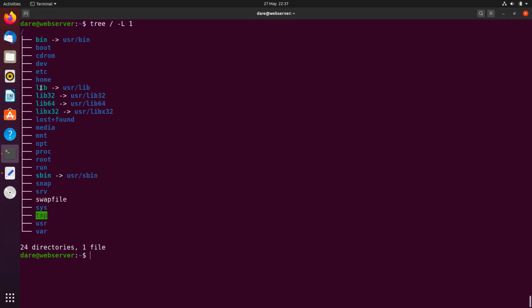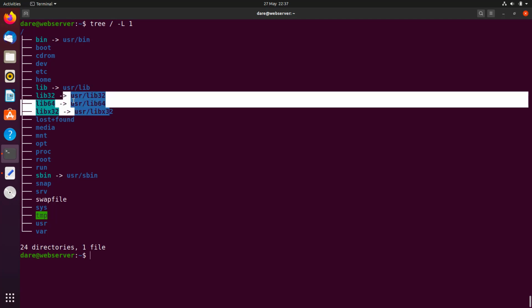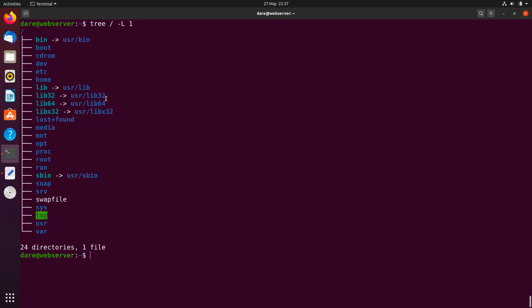As we can see here, it's been linked together, and these four are essentially the same depending on the operating system bit. You must have heard of 32 bit or 64 bit. That's essentially what's going on here. So it's just the directory used to store libraries, and depending on the bit, you can have it stored for